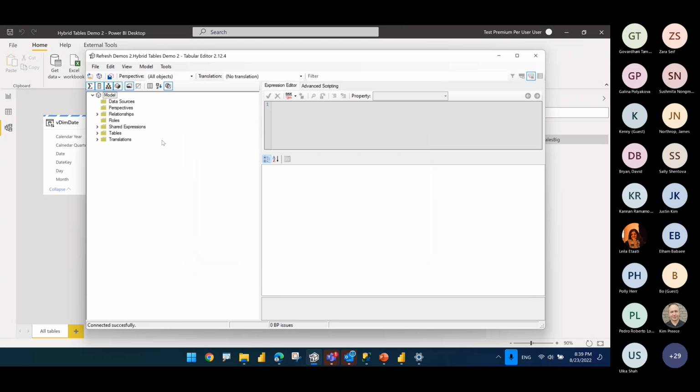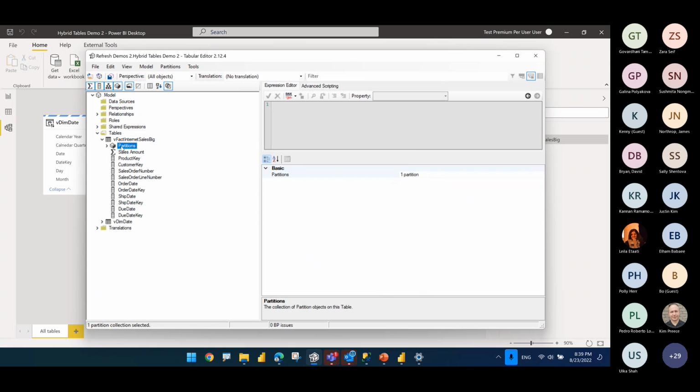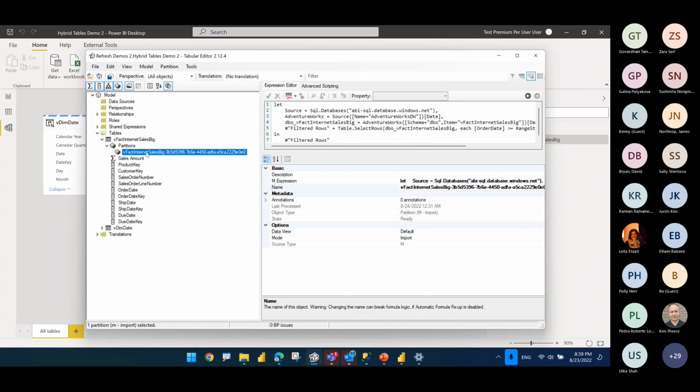So this is a wonderful tool. It does many different things. For now, we're just focusing on looking at the partitions with it. Okay, so we go to the tables, and this one, it actually has a folder for partitions. And if I click on it, I only see one. So wait a minute, what happened? I told this to partition my data, but I still have one.